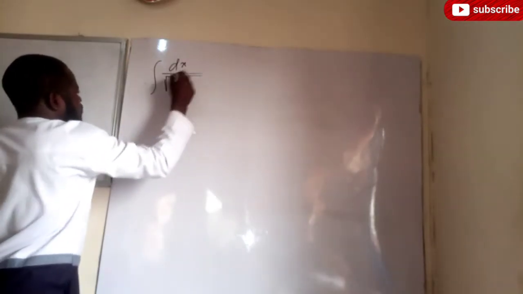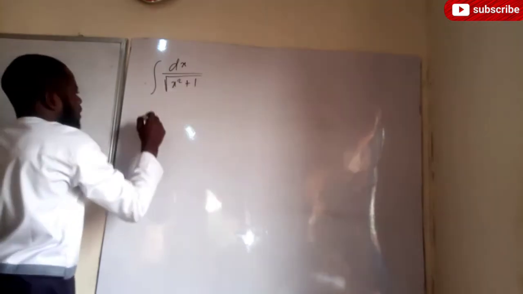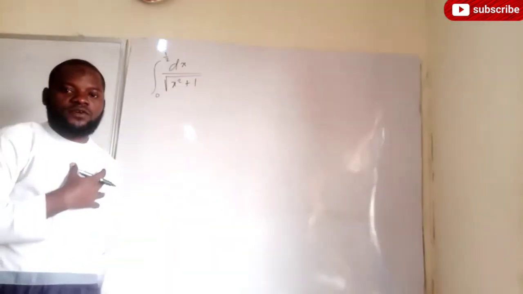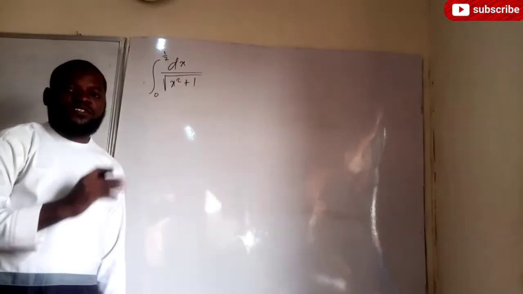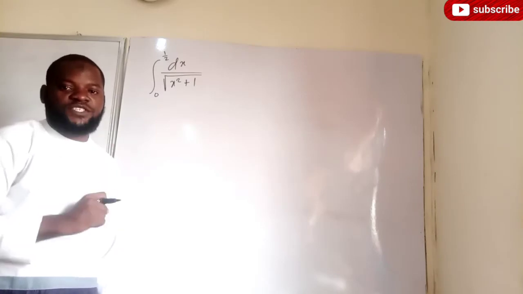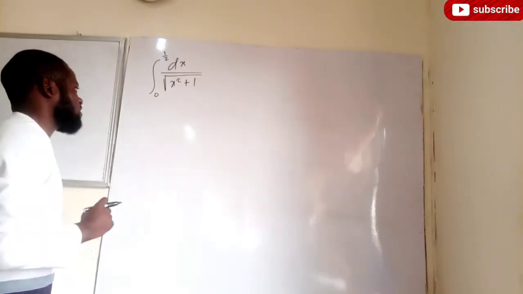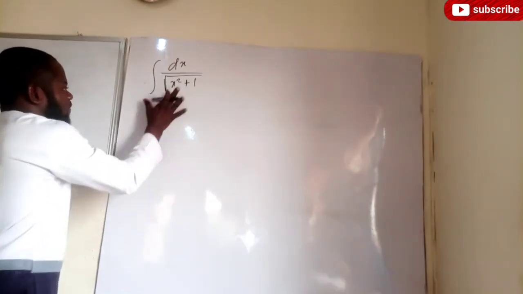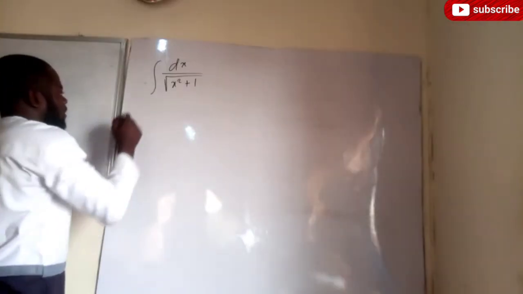The question asks for the integral of x over the square root of x squared plus 1 from 0 to 1 over 2. This is a definite integral. But for us to solve it easily, understand it and see the beauty behind it, I'm going to treat this question as an indefinite integral. Now, if I want to solve this indefinite integral,